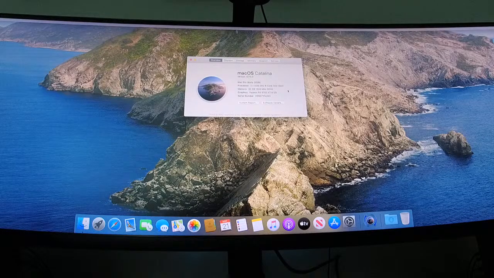But we're going to be installing OpenCore and show you how easy this is to do now. This used to be a difficult process. I know it was a little bit more difficult using OpenCore 0.5.6, but now with 0.5.8, it has gotten